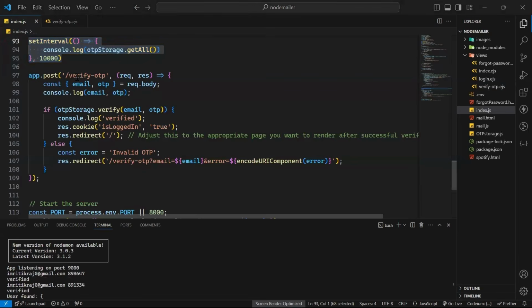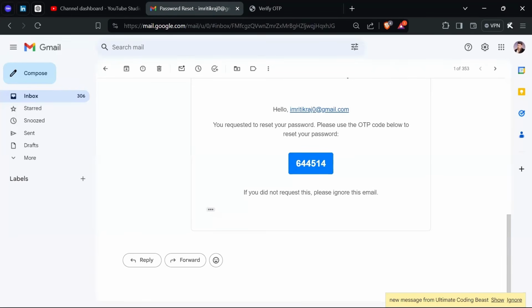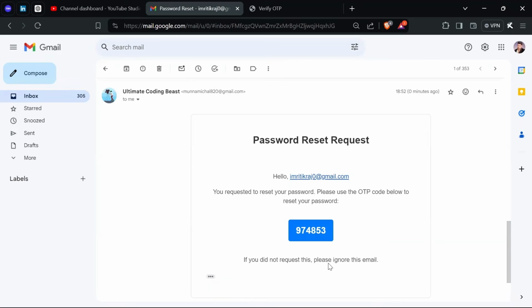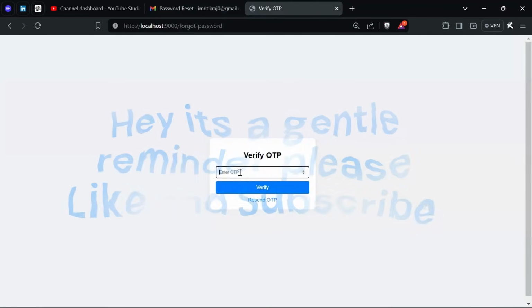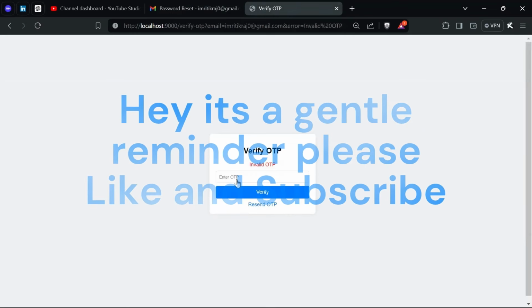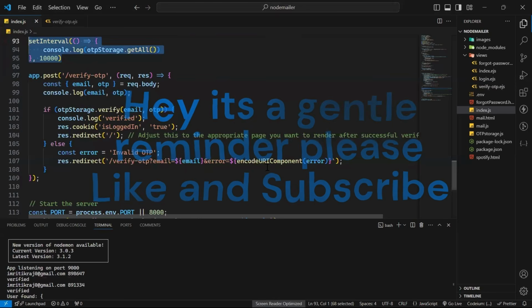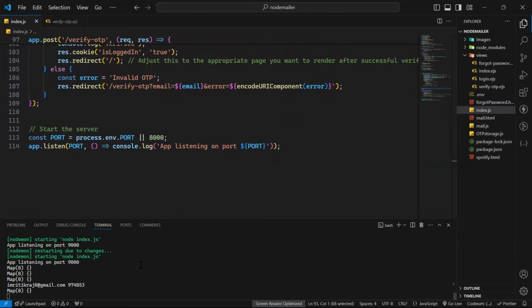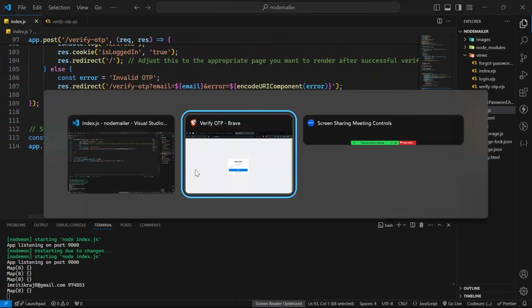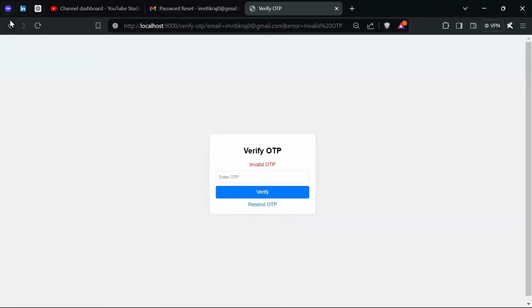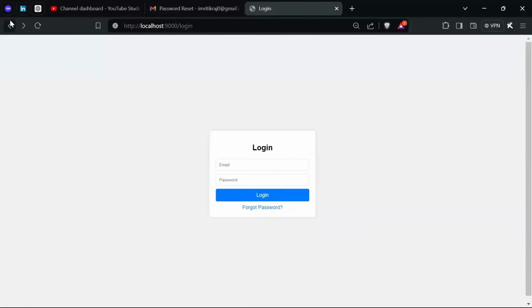यहाँ जब आएगा तब देखते हैं। तो पोस्ट में क्या हो रहा है, ओटीपी वेरीफाई में, अच्छा चलो वेरीफाई होगा तो बताता हूँ। देखो अभी नया ईमेल आ चुका है, इस पर ओपन करते हैं। इसे कॉपी किया हमने और जाके पेस्ट कर देते हैं, ठीक है। और क्लिक करते हैं वेरीफाई, इनवैलिड ओटीपी, ठीक है। अभी ये सब क्यों हो रहा है, चलो देखते हैं। मैप में हमारा कुछ है ही नहीं, ठीक है। तो हमने क्या किया, रिस्टार्ट कर दिया गलती से।